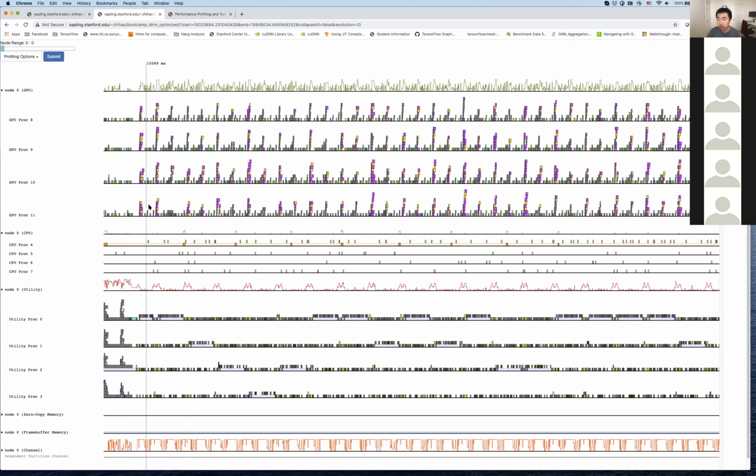If you generate a profile and see 100% utilization of the utility processor, that means you need to add more threads for the utility processors, and Legion can automatically parallelize the computation of these dependency tasks on multiple utility processors. In this case, in most cases our utility utilization is 0, and sometimes we have around